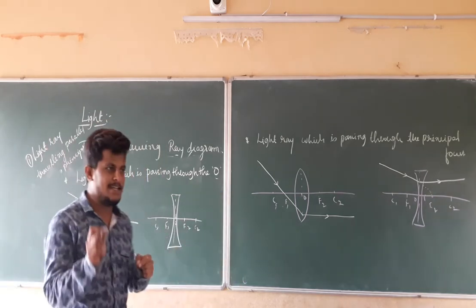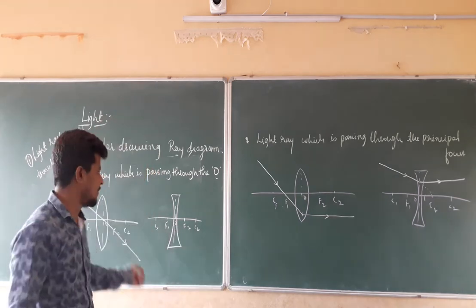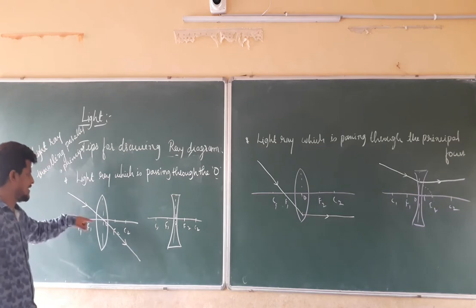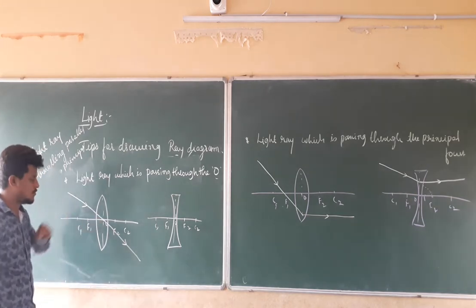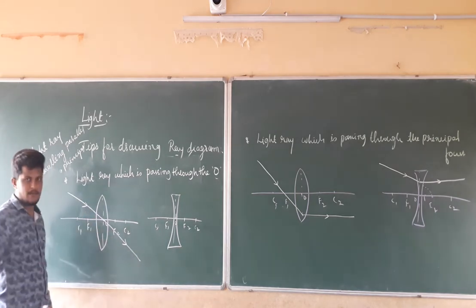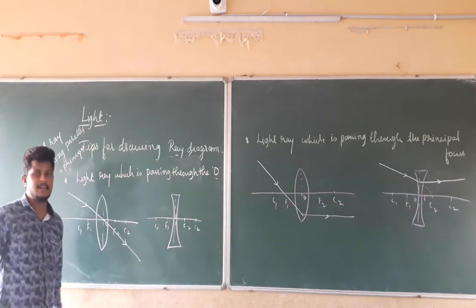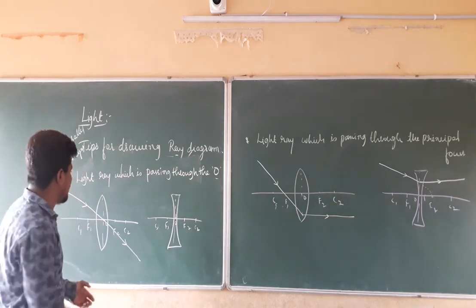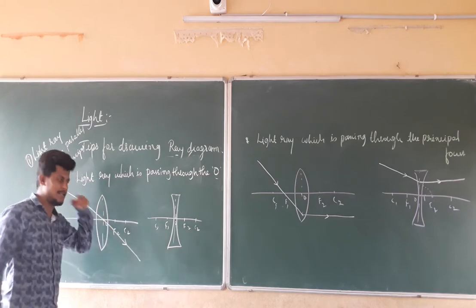So at an angle of incidence equal to 0 degrees, the amount of refraction will be 0. For that reason, the light ray passing through the optical center of a lens is going to show 0 refraction. The light traveling through the optic center doesn't change its path. That means it is going to travel in the straight direction only.